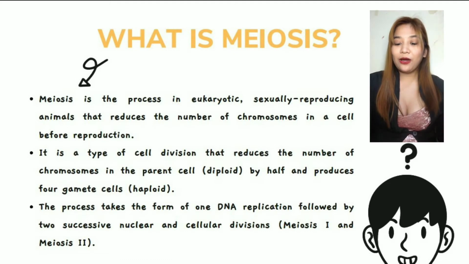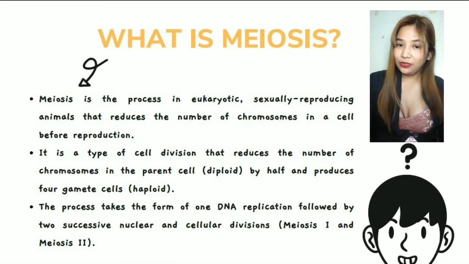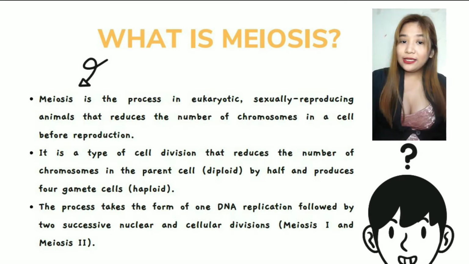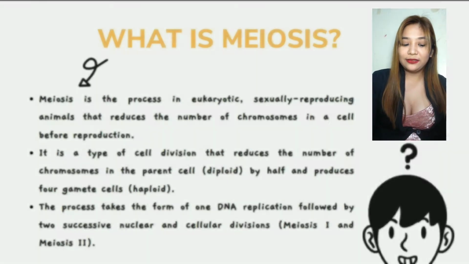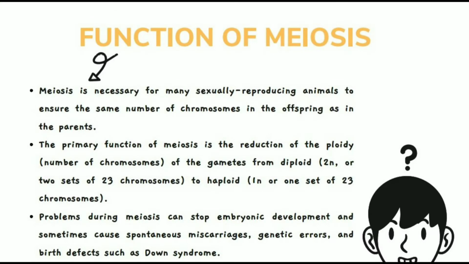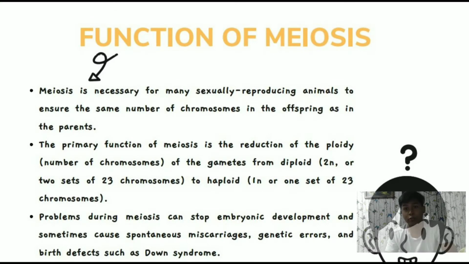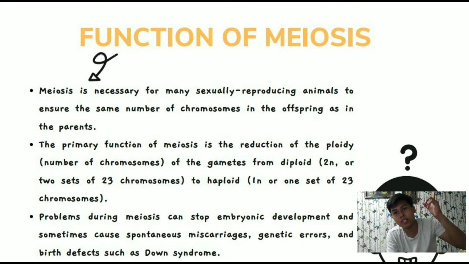Today, we will talk about another type of cell division, meiosis. What is meiosis? Meiosis is a cell division of sex cells, and it produces 4 daughter cells. Meiosis involves sperm cells and egg cells. Let me explain the function of meiosis. Meiosis is necessary for sexually reproducing animals to ensure the number of chromosomes in the offspring is the